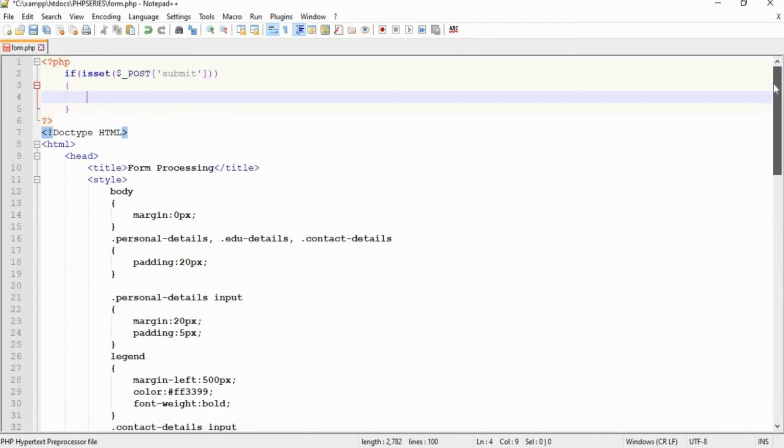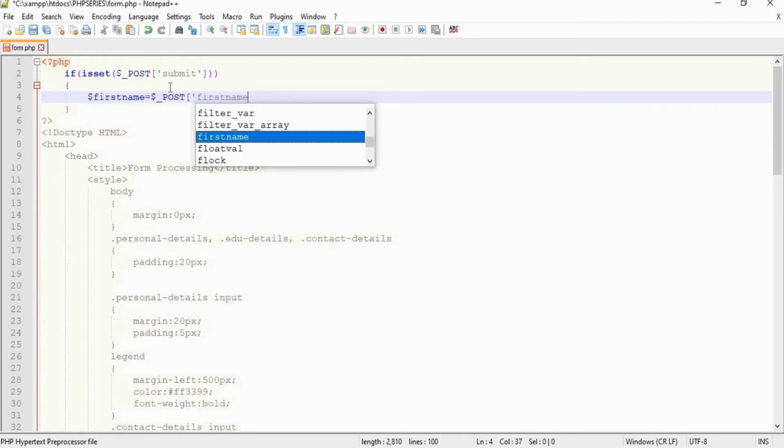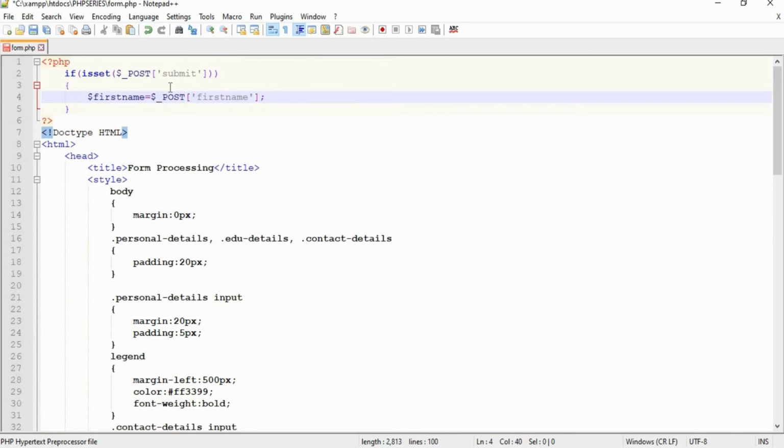For creating a variable, we have to use the symbol dollar followed by the name of the variable. So $firstname is equal to $_POST of first name. As I told you already, to retrieve the value of a form control, we have three options: $_GET, $_POST, and $_REQUEST.